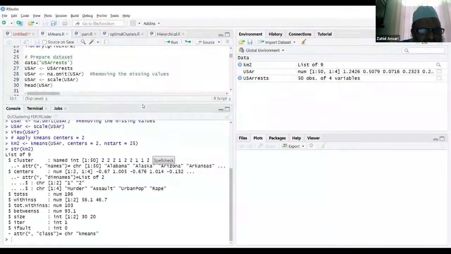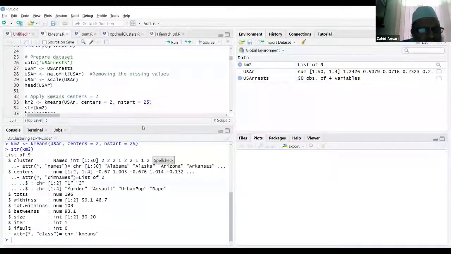It is giving me some details about km2: that it has clusters, it has centers, then various parameters, total sum of squares, within cluster sum of squared errors, total within cluster sum of squared errors, between cluster sum of squared errors, size of the clusters, etc. It has so much information in it.